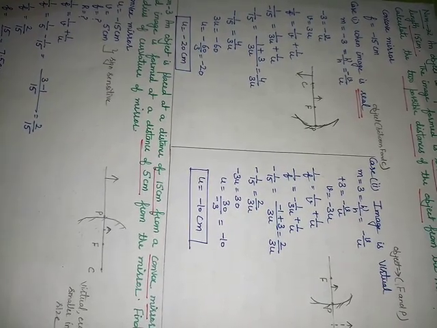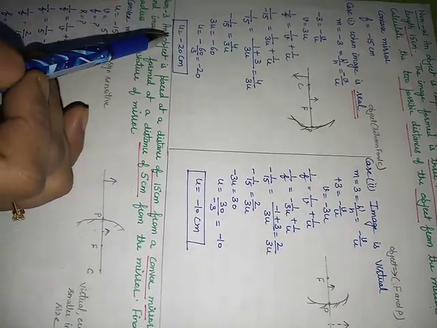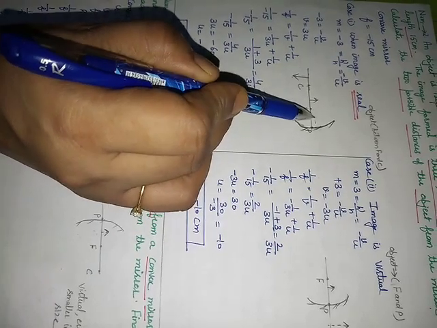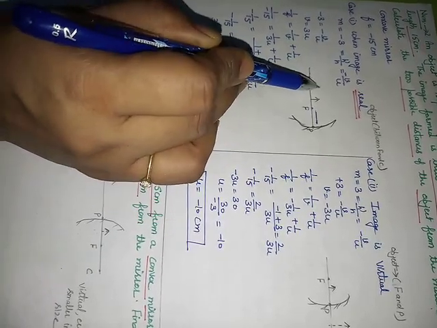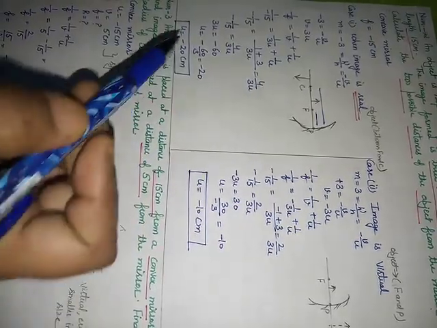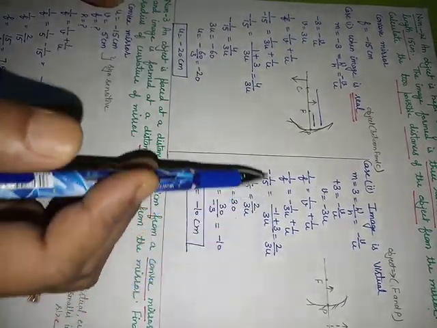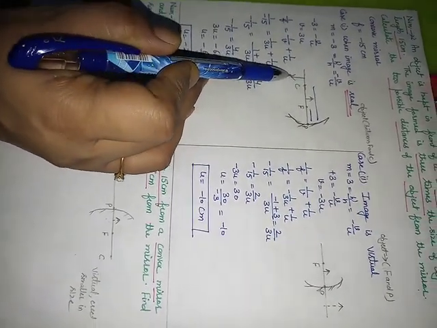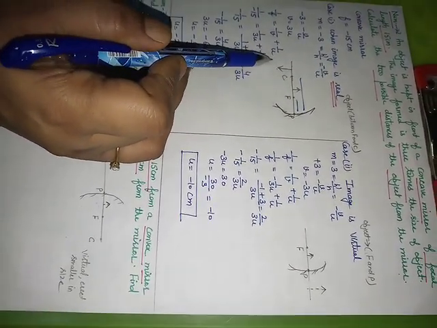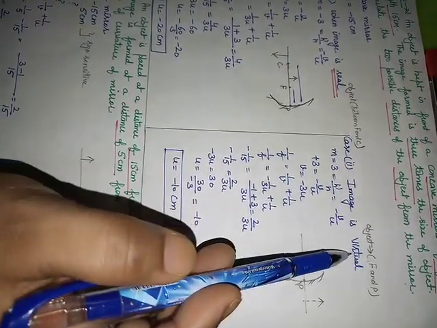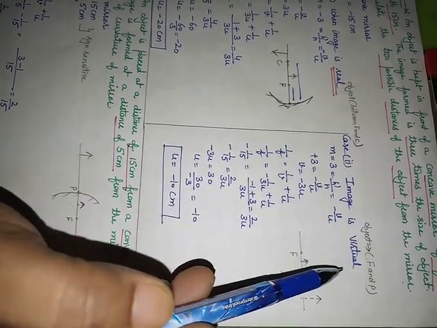Minus 20 centimeter means your object is kept between F and C. F is given 15, this gap is given 15, and till C it will be 30. So it is in accordance with ray diagram that when the object will be between F and C, image will be magnified and it is going to be real and inverted. Let us consider second case, when the image is virtual. Then ray diagram tells that